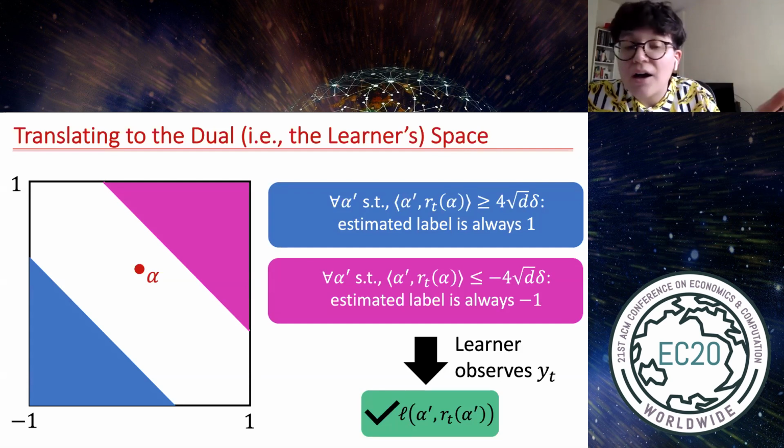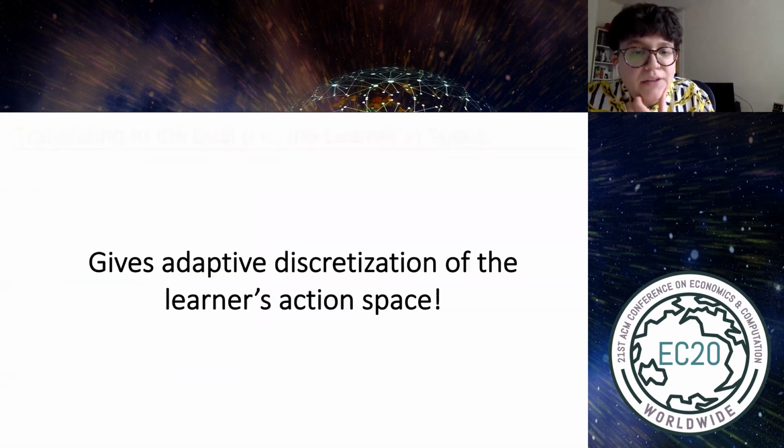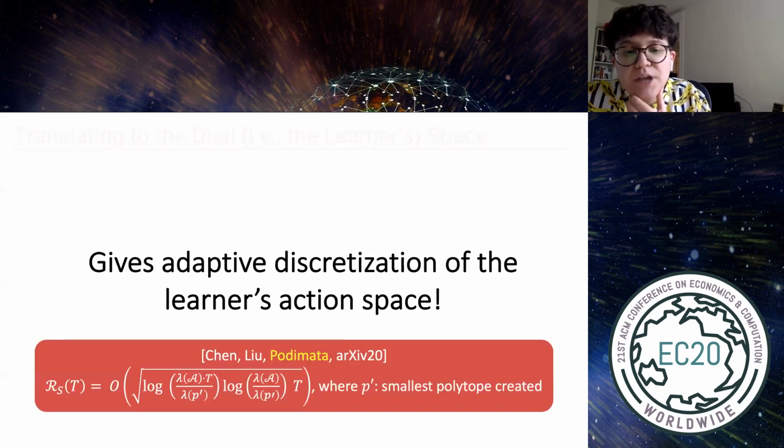And you can, similarly to what was the intuition that Nika showed, then you have actually a problem that looks like a more standard online learning problem, and you can try to build upon the standard online learning tools for different types of optimization. And this is what I briefly will talk about as the adaptive discretization as the learner's action space, which was actually able to give us a regret guarantee that was data dependent and dependent on the sequence of data points